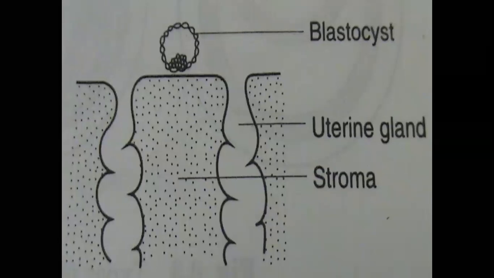Now you see at the end of the 7th day, 7th to 10th day, what happened? The blastocyst enters into the uterine cavity. This is the uterine cavity. When the blastocyst enters the uterine cavity, the uterine endometrium is in the proliferative phase. You might have studied in the menstrual cycle, in the proliferative stage more layers are formed, more blood vessels are formed, more glycogen is stored, and more glands are formed in the endometrium to receive the blastocyst.